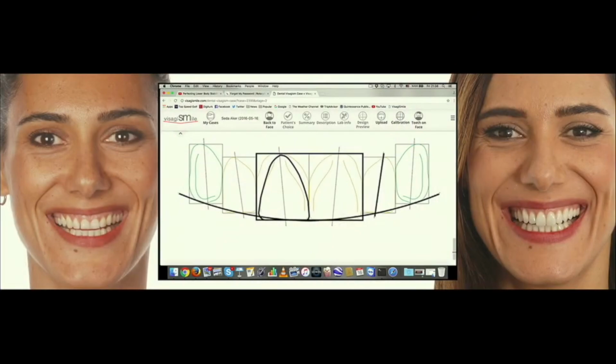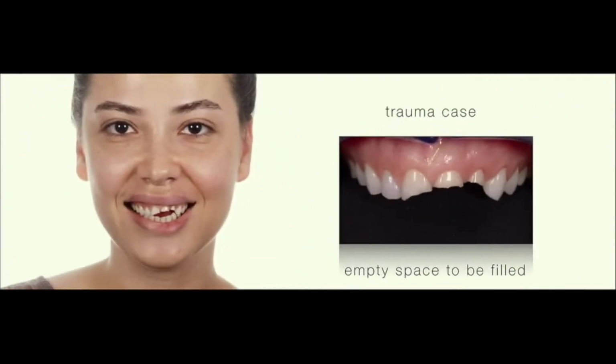And what did I get out of this picture? Well, I got how the incisal silhouette should be. I got how the dominance of the centrals should be. I got how the inclination of the tooth should be, and the shape of the teeth should be. And this is how I got to the final design, not just by guessing, hoping it would be a great case. So if I can walk you through this case, for example, you'll see that this is